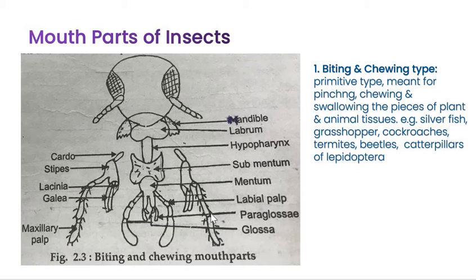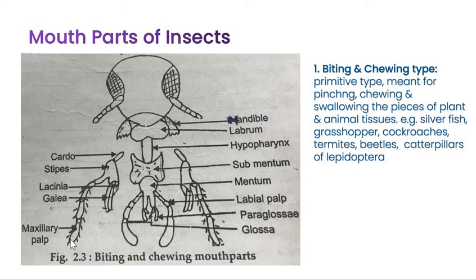Each maxilla consists of a basal part. Here you can see the structure of a single maxilla. Suppose we take one, each maxilla consists of a basal part or the protopodite, which is made up of two segments, that is cardo and stipe, and the latter bearing distally two branches, here you can see inner endopodite and outer exopodite, right? So inner endopodite and outer exopodite.